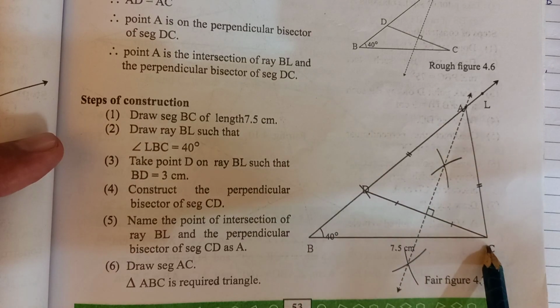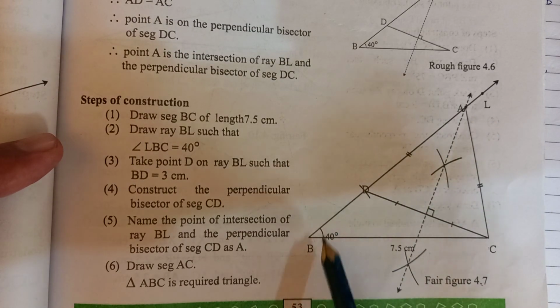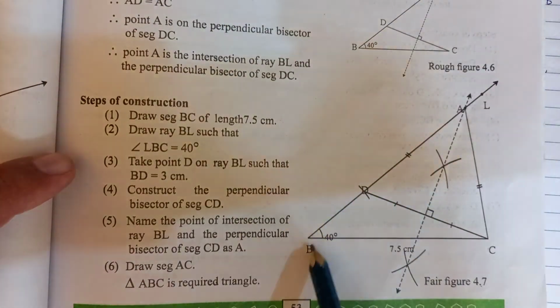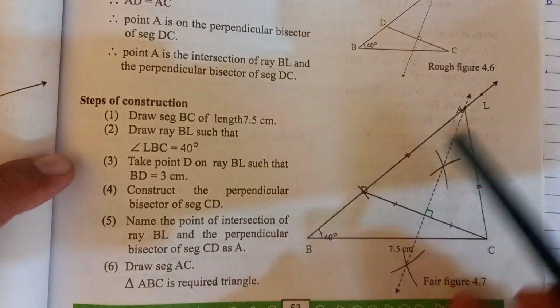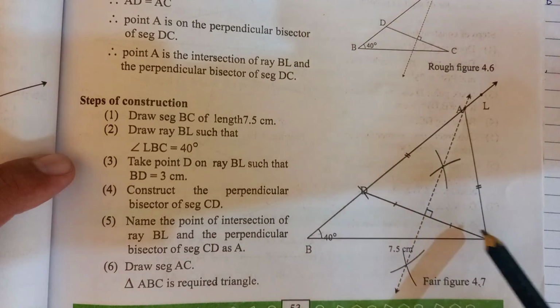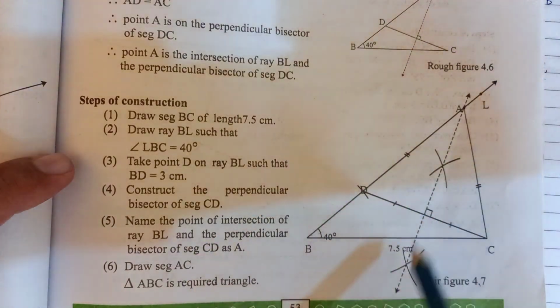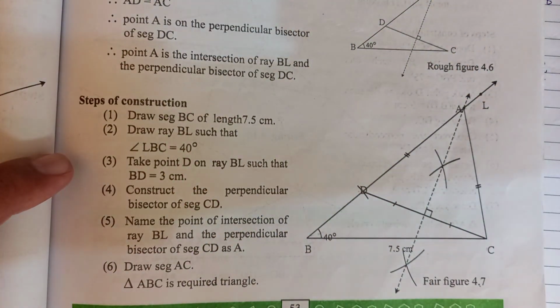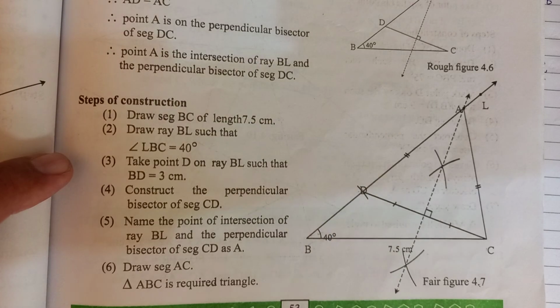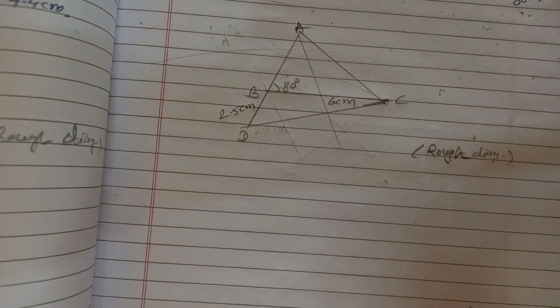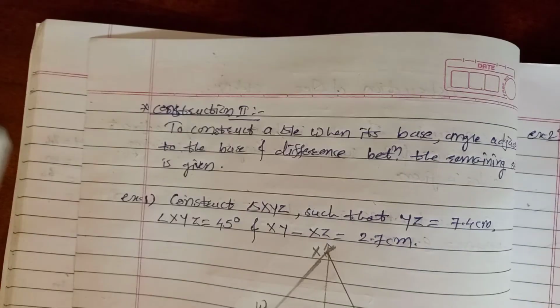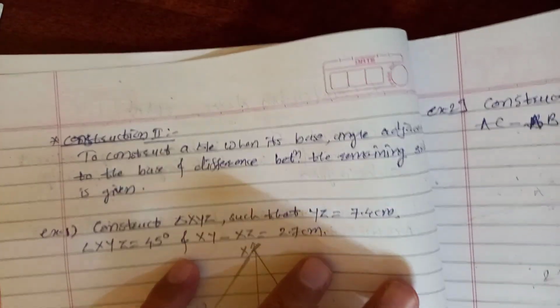Here you have to draw the base BC first. Okay, then the 40 degree angle. Then mark the difference that is given. Addition also we took on this one. Mark here, join this, draw the perpendicular bisector of this. Where it intersects, there is A. This is the first construction. The second one we'll see now. So after this we'll see that second construction. See here, second construction. How to construct this second one?